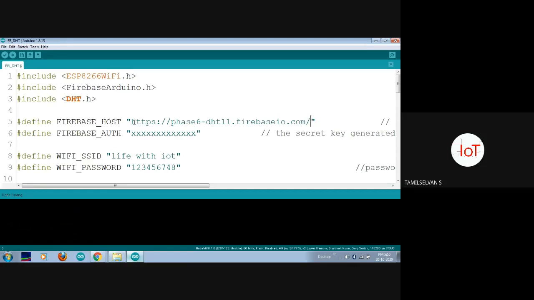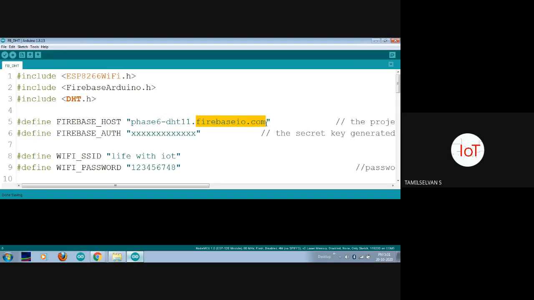The most important thing is you have to remove the slash at the end, and at the front you also have to remove the https colon double slash and everything. Only the project name should remain. I told you that some xxx parameter alone will change for each and every project. This is nothing but my project name.